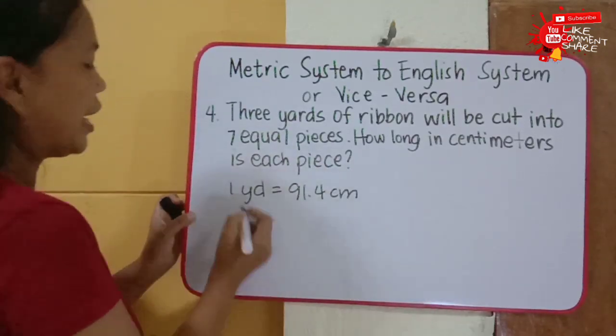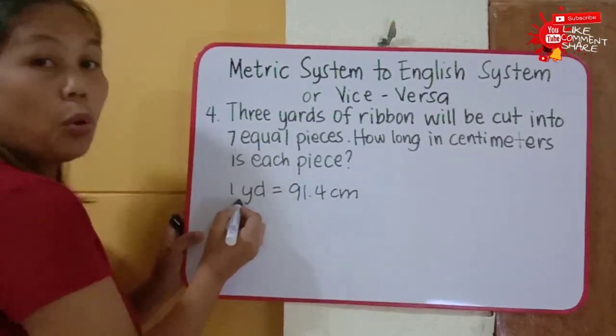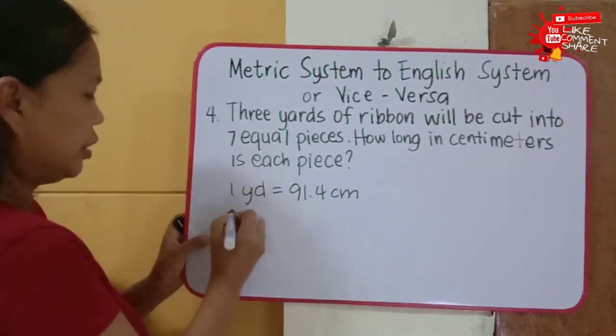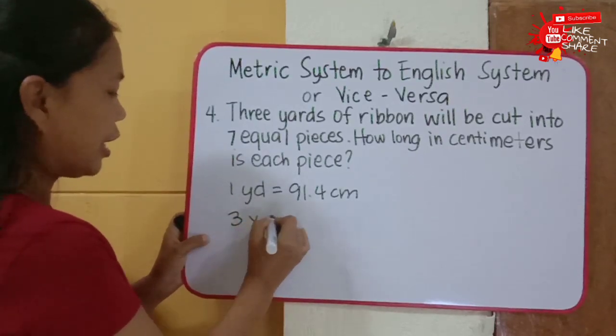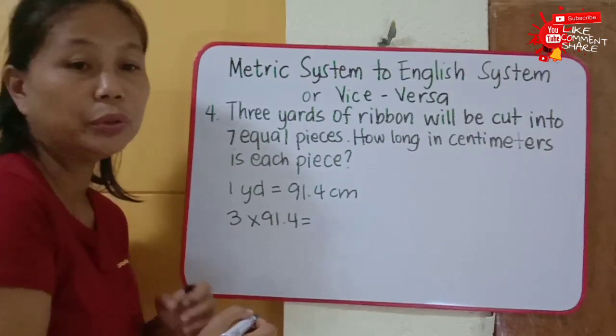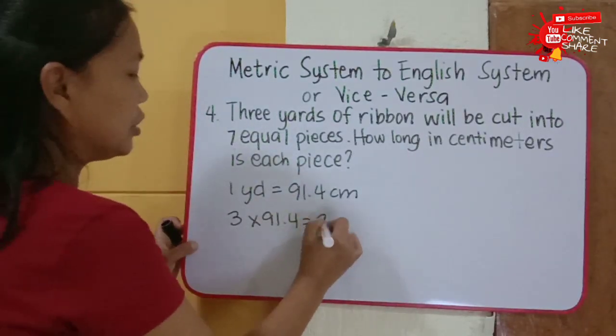So we multiply 3 by 91.4, which is equal to 274.2